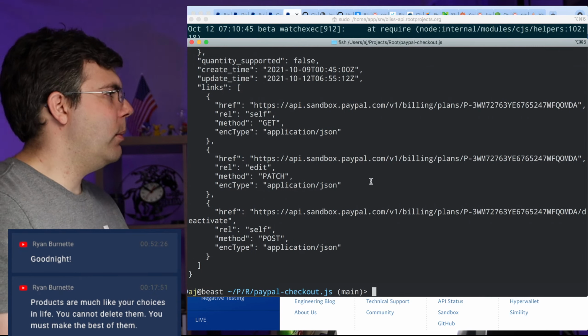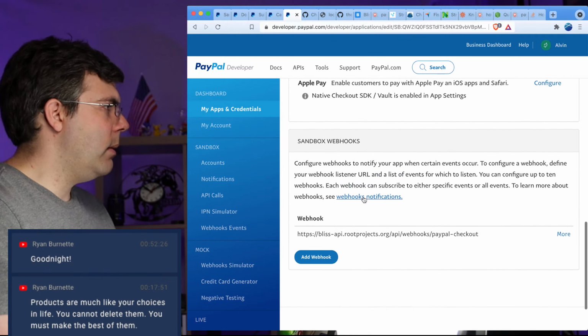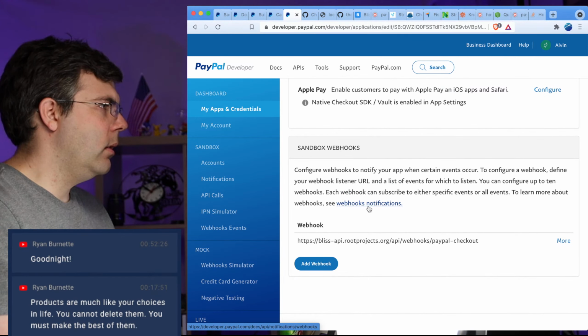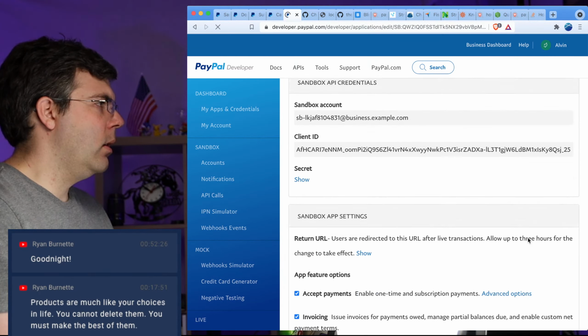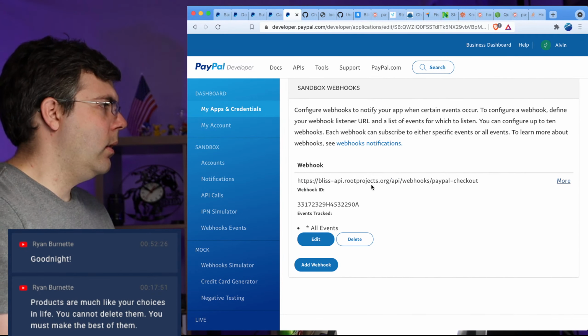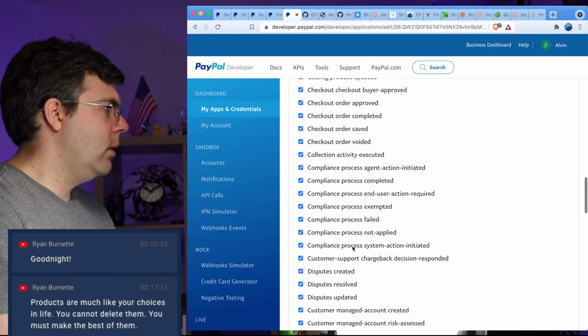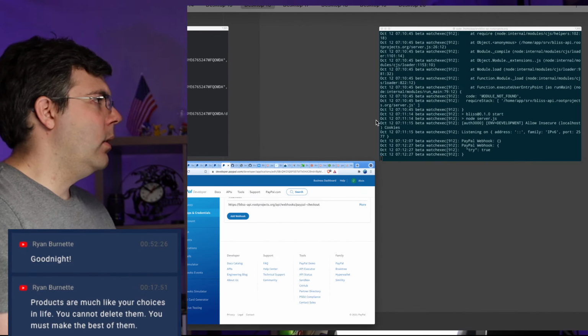Doesn't look like much of a webhook fired to me. And this is the sandbox webhooks. Let's see more. Hit subscribe to all events. Okay.